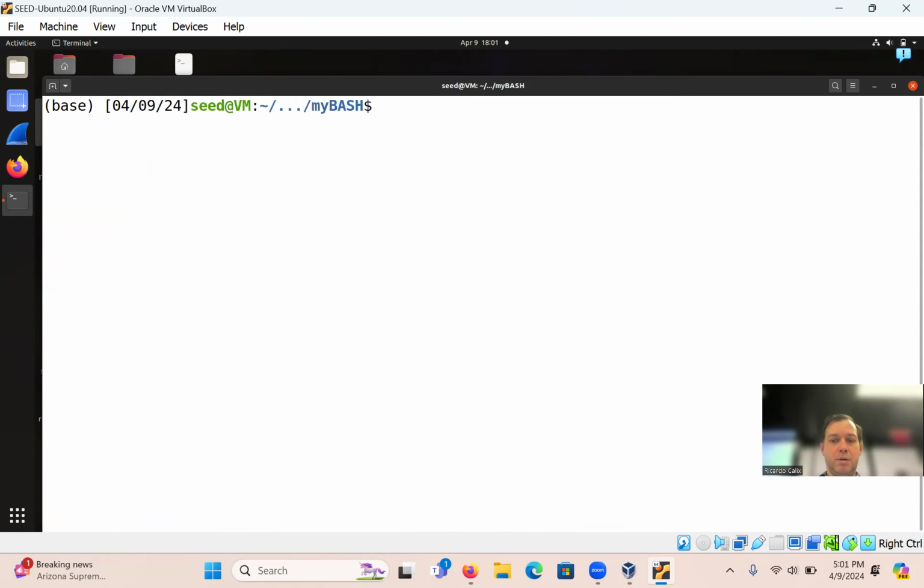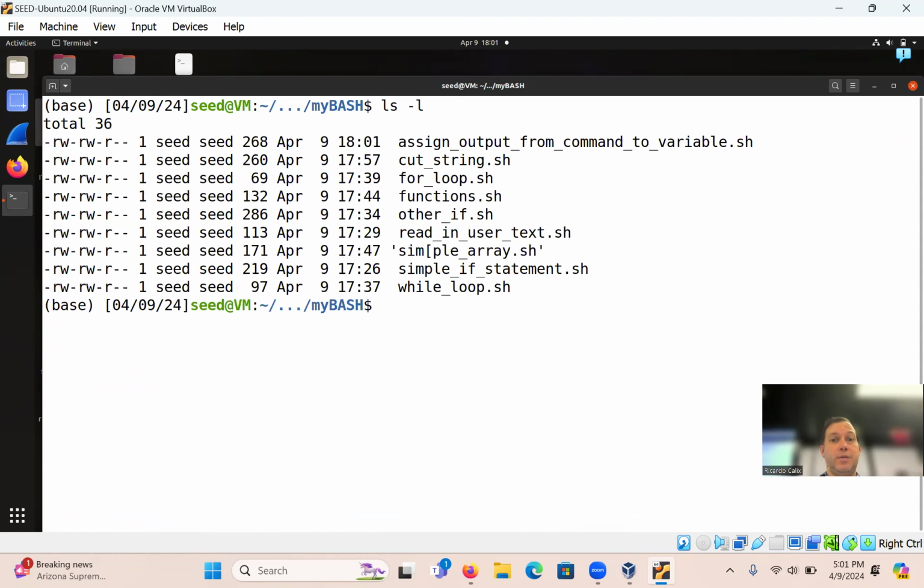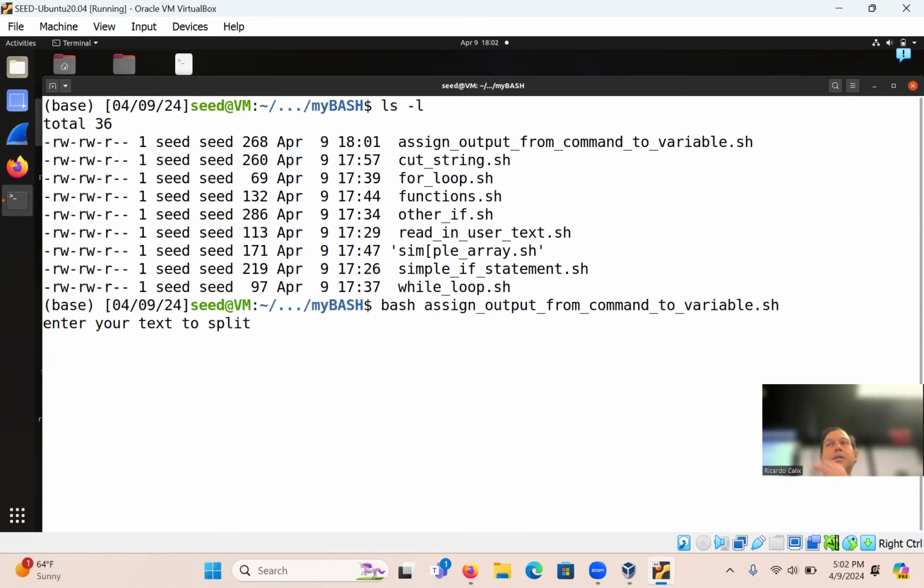All right, so I'm going to do clear. Let's run this one. Bash. All right, so A, comma, B, comma, C, comma, D, comma, E. Works like magic, right? So that's an example of doing that. Let's try the other technique, which is to use the backtick. And so we can just see how that works.